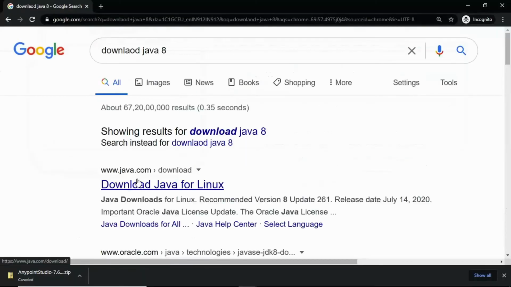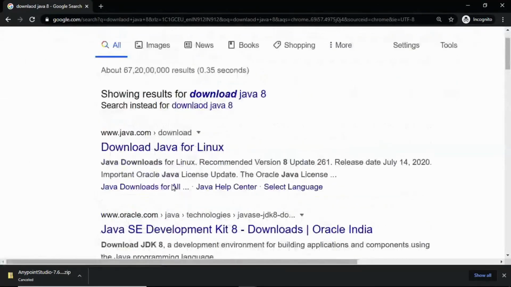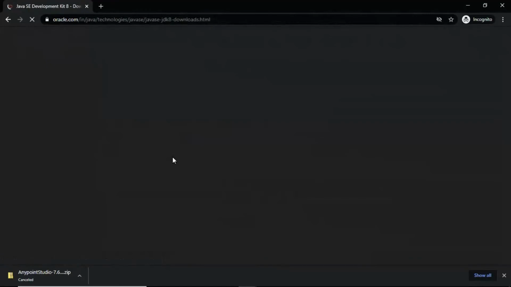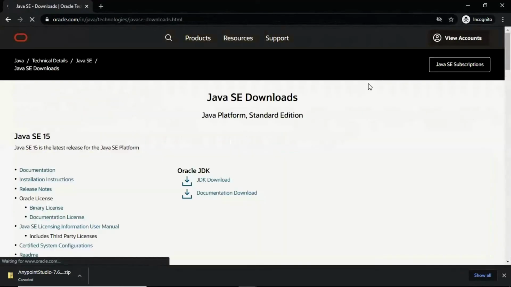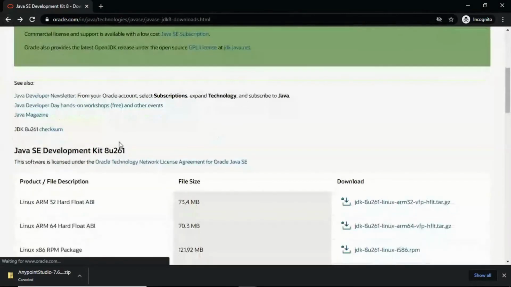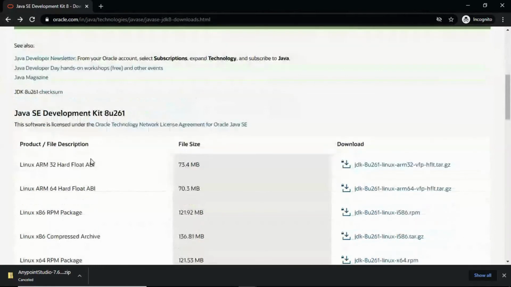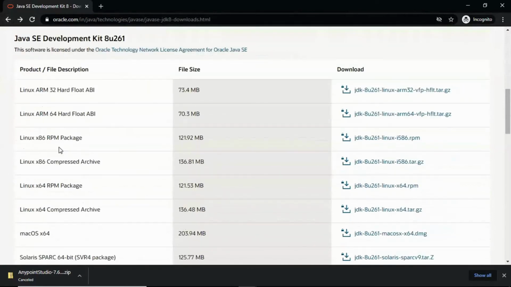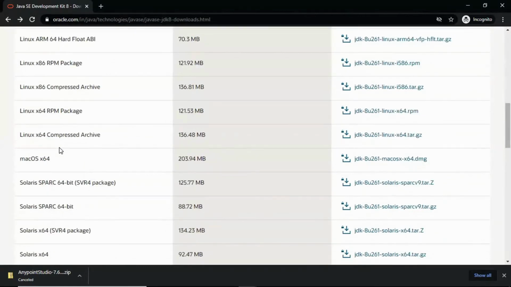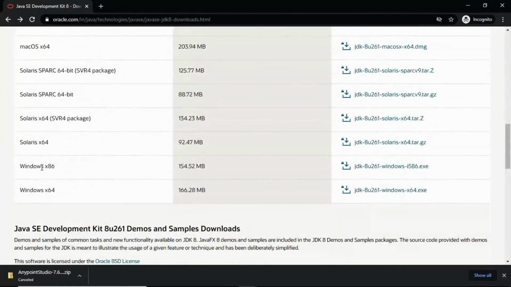Again, go to the browser and search for download Java 8. Go to the official website oracle.com/java and download the Java SE version 8 based on your machine type, whether 64-bit or 32-bit, and the host OS.